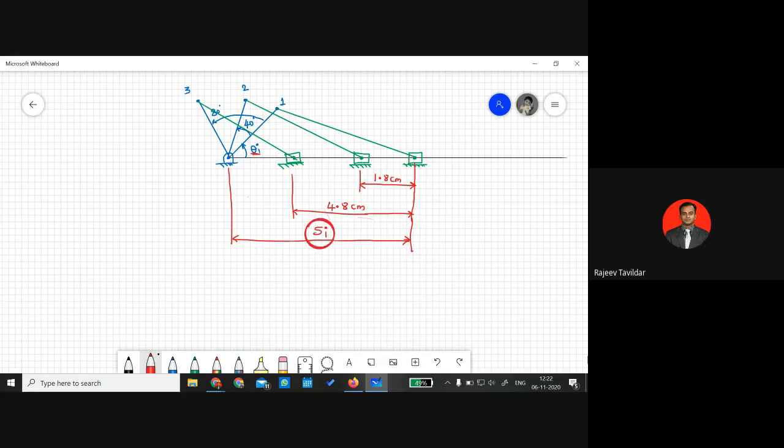By looking at the diagram, it's quite obvious that SI must be more than 4.8 centimeters, or more than 5 centimeters. So let us approximate it as 6 centimeters. You can make it 7 also, no issues, but it should be more than 4.8. SI is definitely more than 4.8. And I'll also take this theta I, say maybe around 45 degrees to start with.